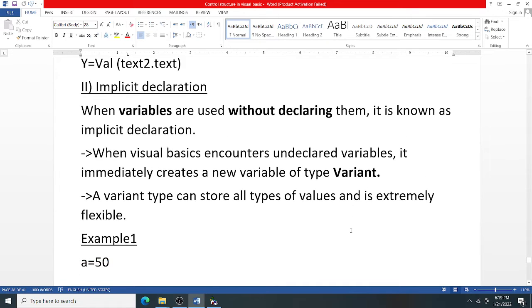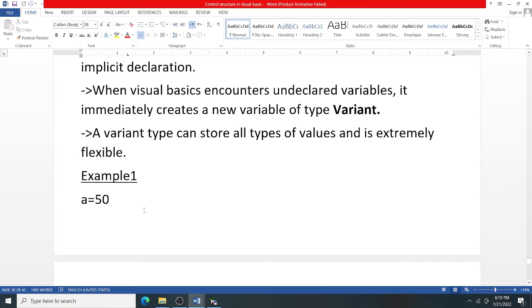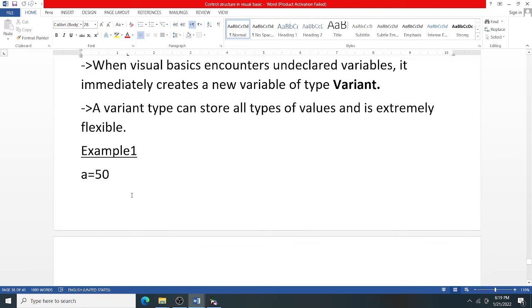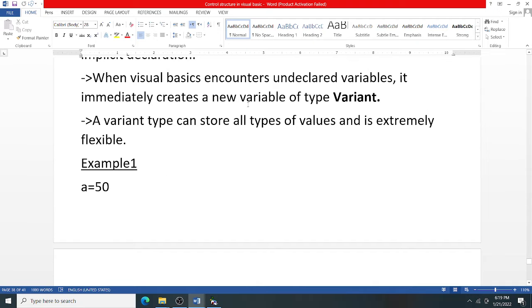Let's see an example. Suppose a equal to 50. I have not declared the variable, I simply took a equal to 50. So 50 is an integer value. Then I took b equal to welcome world. So b is a string value. When Visual Basic encounters undeclared variables, it immediately creates a new variable of type Variant.